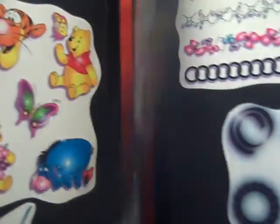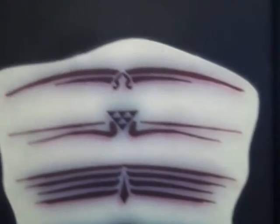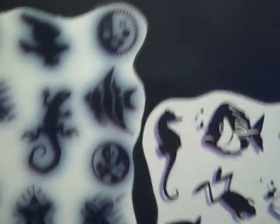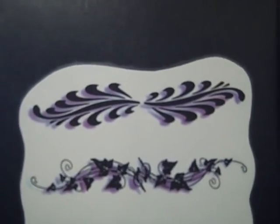I was just looking at this stuff with Dad. It was ridiculous, but we did it all the time. Popular stuff, loved the shadow. Shadow gave it more of an artist type of feel to it. Really rad stuff. I don't know how many times I did these around navels, or these on lower backs,